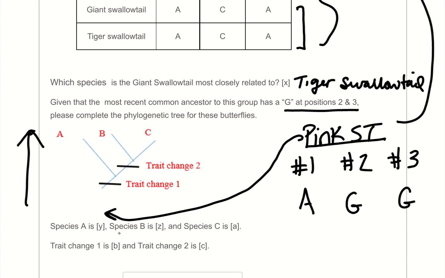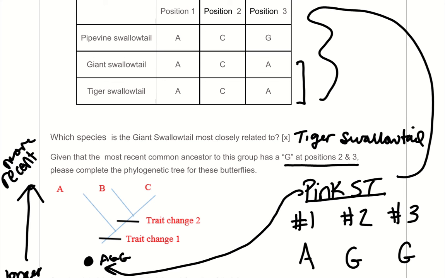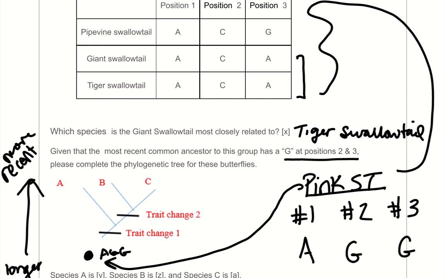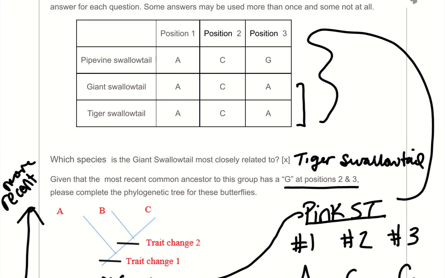So this was longer ago, and this was more recent time up here. So my ancestral species is going to go down here, and that has AGG. And so if we look back up here, we want to see how many differences there are between this ancestral sequence and these three. And so if I were to put that up here, just to make it a little bit easier to see,